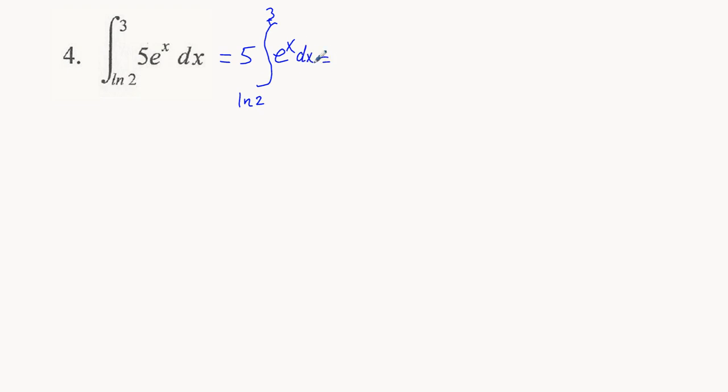Well, the integral of e to the x dx is going to be simply e to the x. So bring up the 5, e to the x, and we're going to evaluate between natural logarithm of 2 and 3. So we're just carrying that b value above and this a value below. And continuing to work to the right,